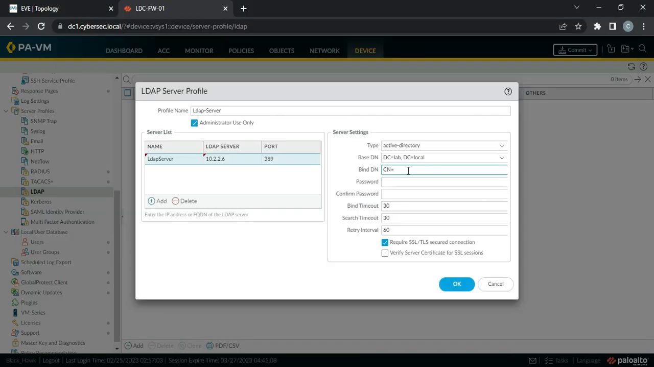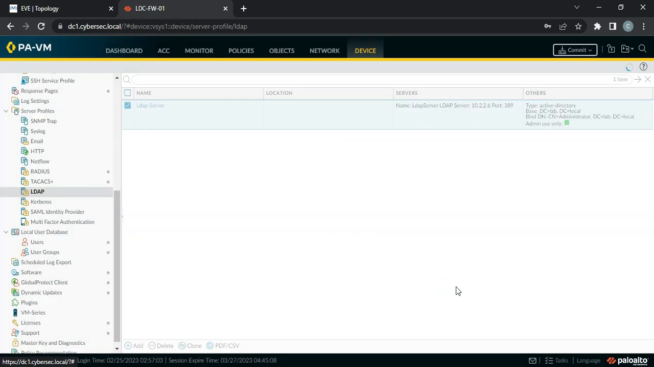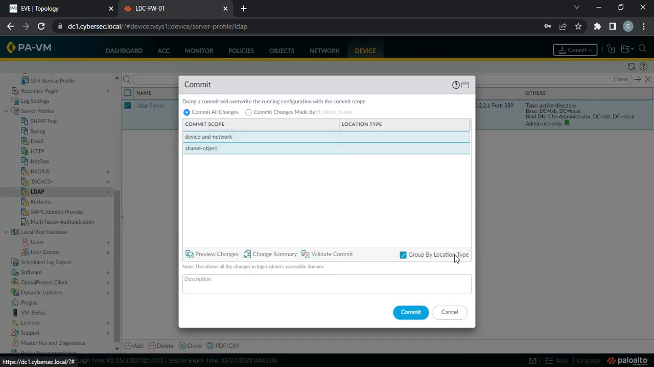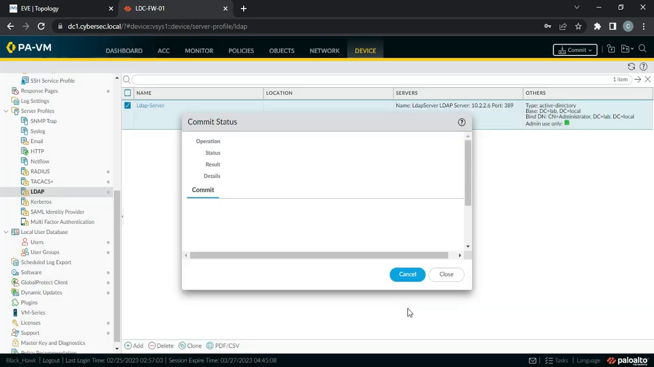So let's go back to the firewall. So it will be administrator, then DC equals to lab, and DC equals to local, password. Require SSL? No, we don't need it. Okay. And just do commit. I mean, this binding is also required in the case of user ID, when